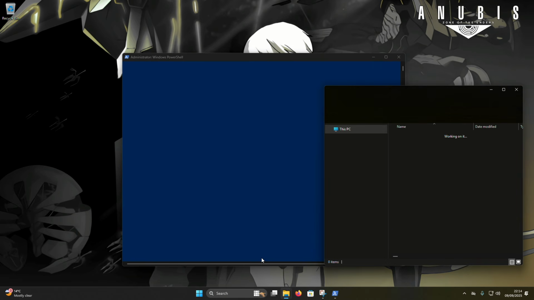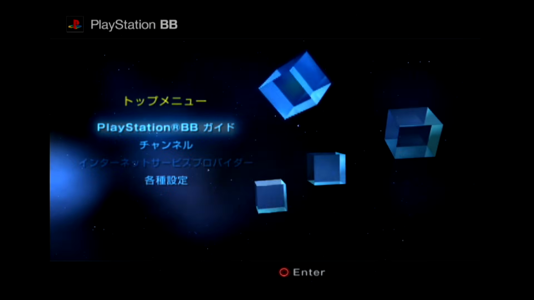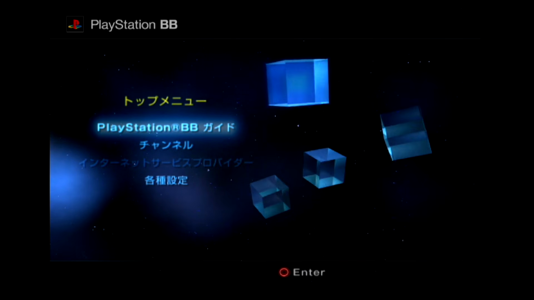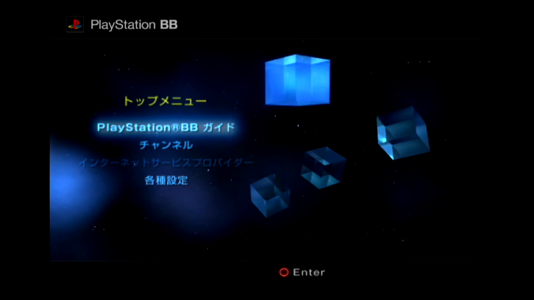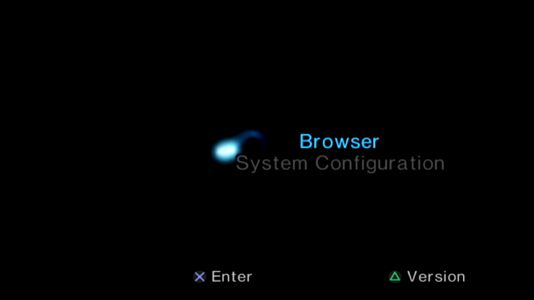I know there's a lot of new people here, so before I go into details, let's have a quick recap covering what PSBBN is. PSBBN, also known as the PlayStation Broadband Navigator or BB Navigator, is official Sony software for the PlayStation 2, released exclusively in Japan. It was introduced back in 2002 as a replacement for the PS2's very basic interface.